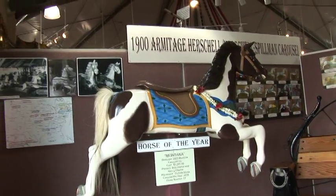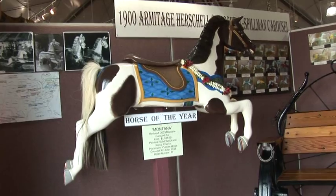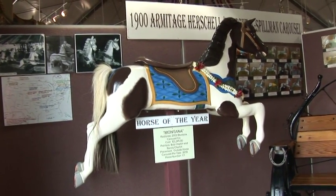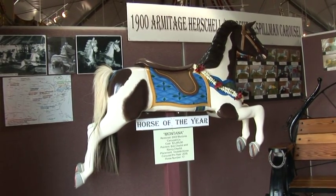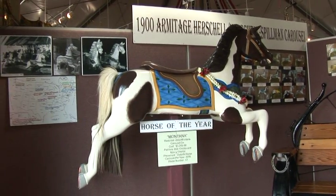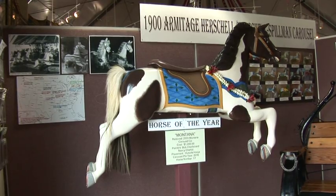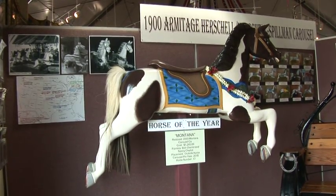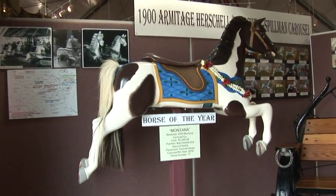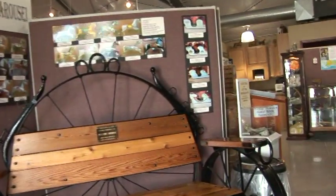We are now inside the Carousel Museum in Bickleton. And this is one of the horses. It's called Horse of the Year, Montana. It was restored in 2003 by the Montana Carousel Company. It has the painters, and it's been used in the carousel itself out at the rodeo grounds, and that's been for over 100 years. And then we have a large